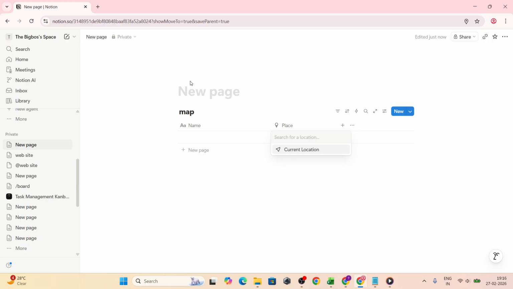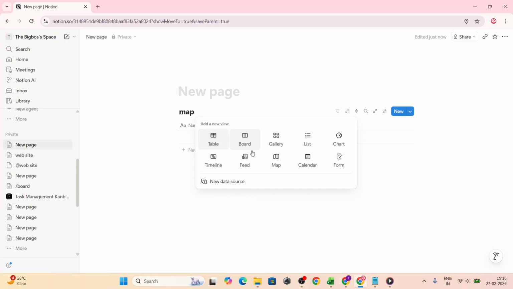Next, look at the top of your database where your views are listed. You'll see a small plus sign next to the current views. Click that plus sign to add a new view. This is how you tell Notion to present the same data in a different format without changing the content itself. From the view options that appear,